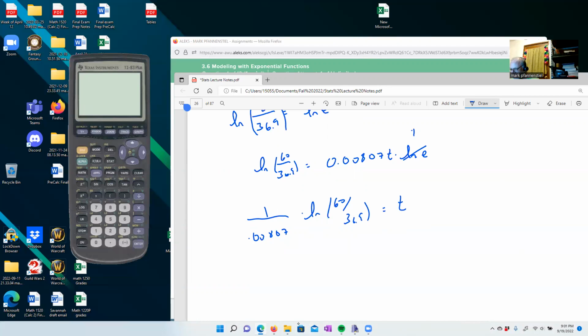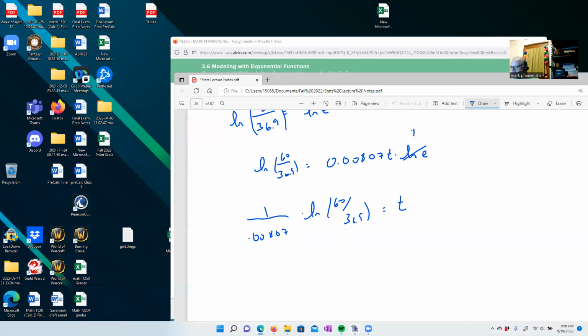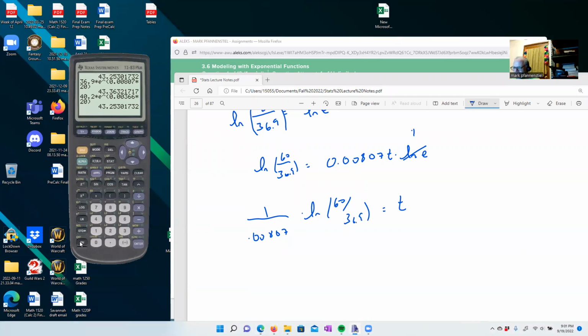Okay, so we're going to go to our calculator, type that in, and get an answer. Let's see here. We have the natural log of 60 divided by 36.5. So I've got Spain's constant numbers here. Okay, and then we're going to divide this by 0.00